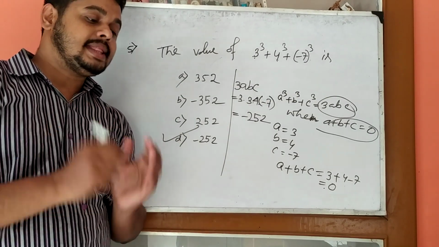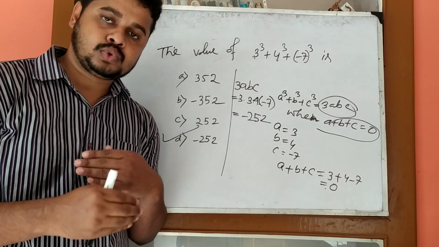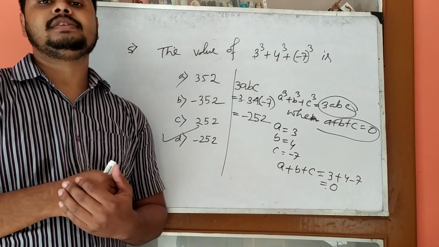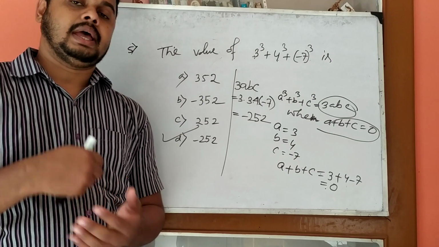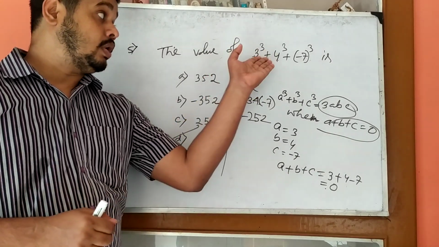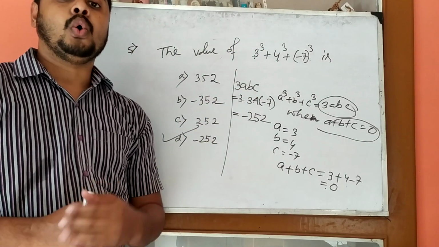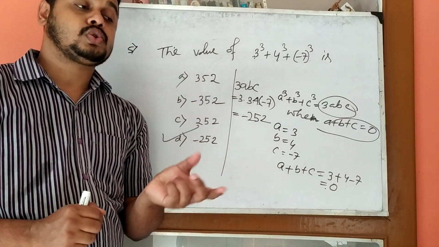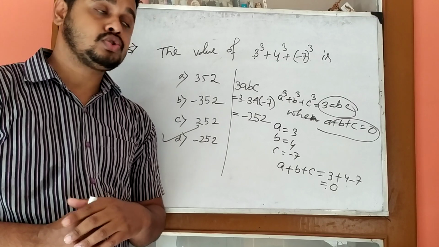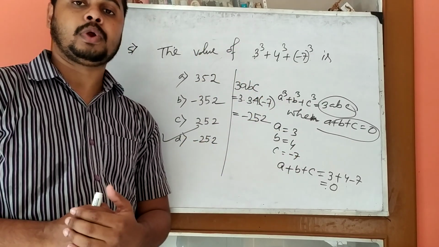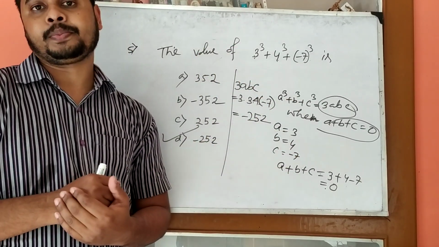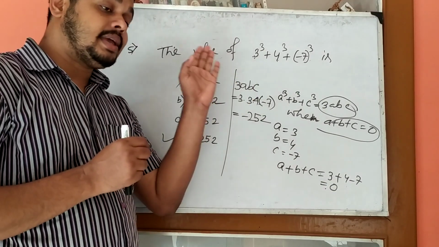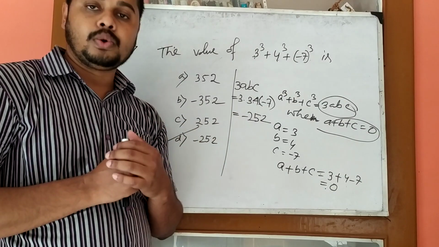Clear? So in this way you have to cover the chapter and memorize the chapter, and as well as you have to think which property or which formula we have to use so that we can get the solution of that MCQ type of problem in an easy way. Okay, so let's try in this way the whole chapter polynomial.